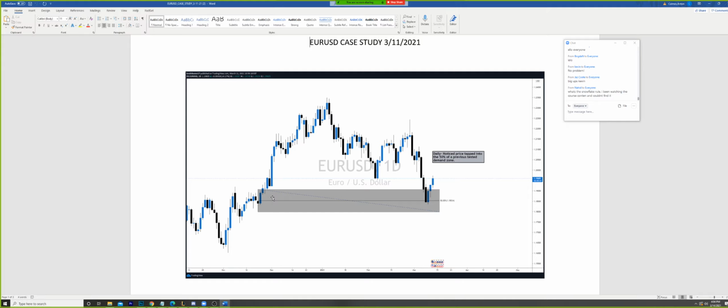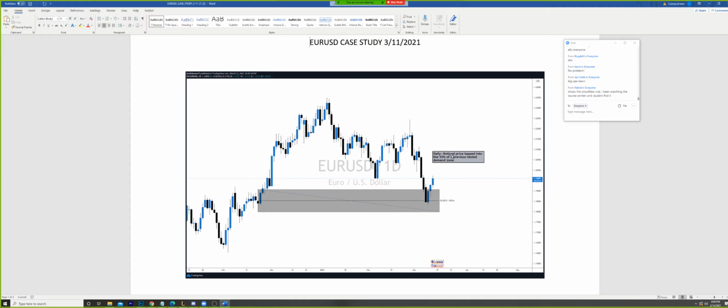And similarly, if you were looking at this and saw, for instance, any of the section 1 stuff on mentfx blocks, for all of you that know, you have this down move, this up move, this down move, this up move. So of course, we understand that we did leave some kind of mentfx block back here, and that on its own is its own form of a POI. So if anything, he could have taken the mentfx block, refined it to a demand zone that he liked, and taken the 50% of it and looked at it as an overall area.